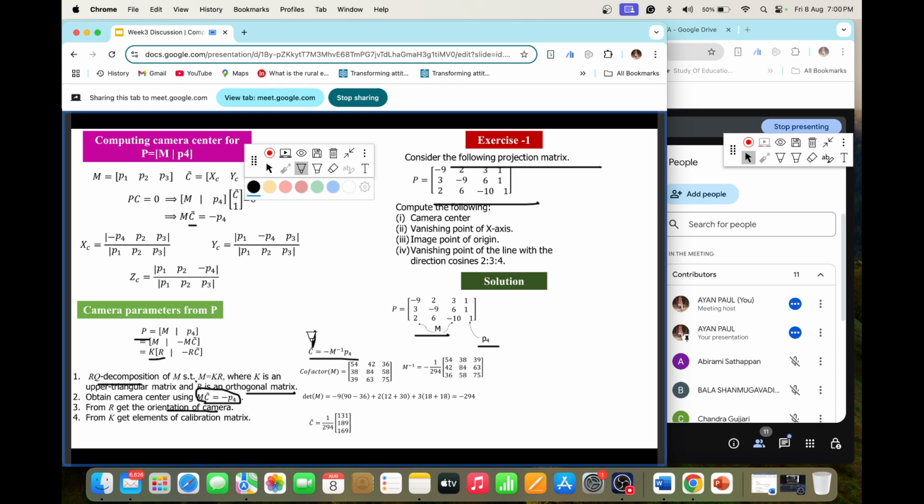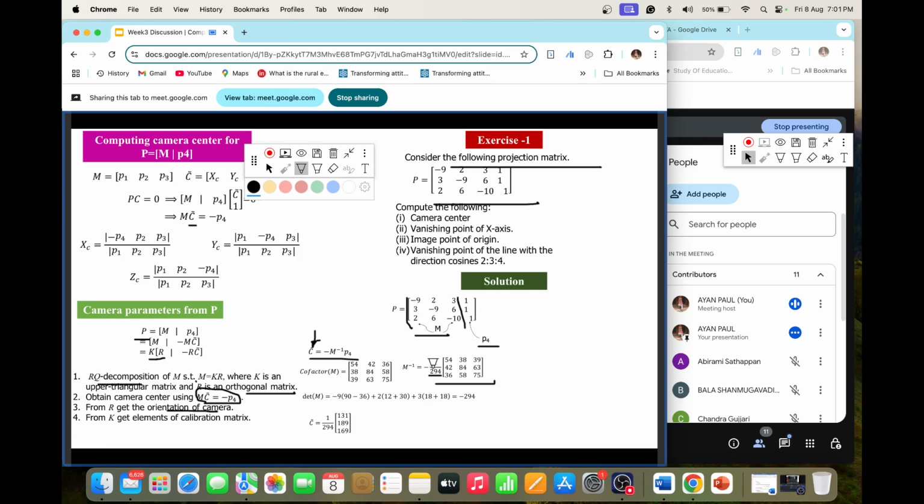So this is your C tilde, which means we will be getting our camera center in an inhomogeneous coordinate. Okay, so this is the equation. Very easy. M inverse you can easily find out. This is the M: minus 9 2 3, 3 minus 9 6, and 2 6 minus 10. If we just take the inverse of it, this is actually the determinant, minus 294, and this is the cofactor adjoint of it. Okay, so this is how we can find the